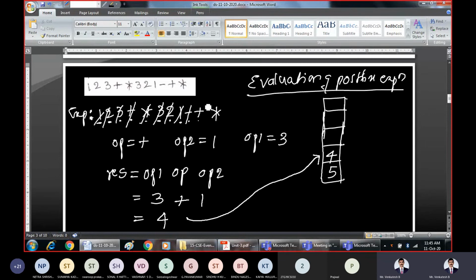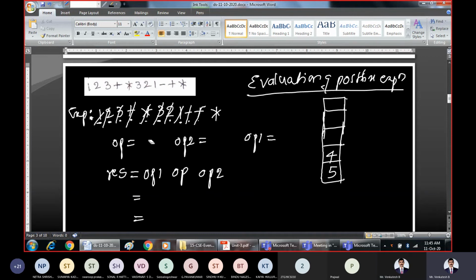Which symbol have we processed now? Plus has been processed successfully. Before I process the next symbol, I'll keep the things ready by erasing this. Right, what is the next symbol? The next symbol is star. So what is star? Star is an operator. What the procedure says is, if you encounter an operator, pop the two elements from the stack.